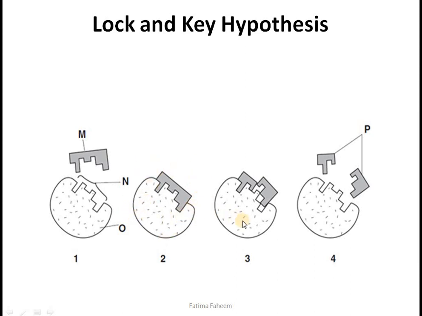Reaction is taking place. If you can guess what kind of reaction this is, I hope you can. Here a bigger substrate molecule is being broken down into two smaller components, so it's a catabolic reaction. The products indicated by the letter P would be released after the reaction, while the enzyme would remain chemically unchanged.